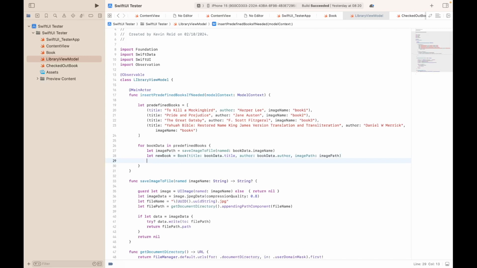So on line 28, we're passing all those attributes to the book initializer, and then we create a new instance of the book, and then we need to add the book